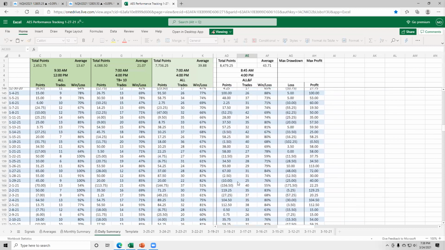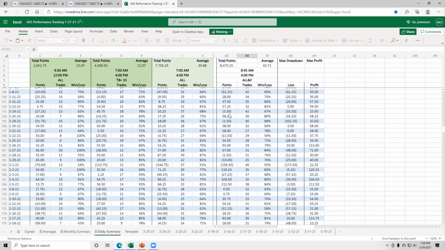There was a bigger one here, Aaron, that I really caught. Well, here's one. We were up 50 points, cumulative profits at one point during the day, and we finished the day down 52 1/4 by looking at every single signal. So my view of this as a trader, as a business owner who has a desire to be transparent with what we're showing and what we're telling and teaching you, I think we report conservatively